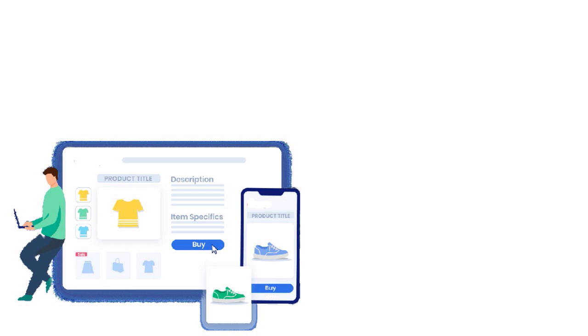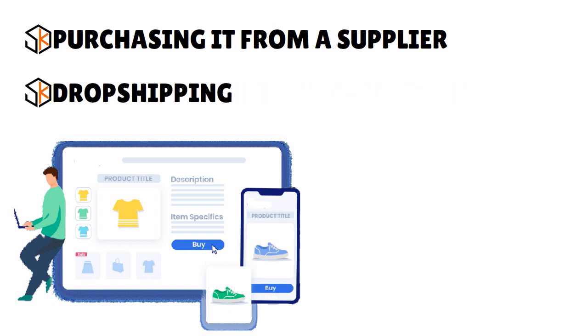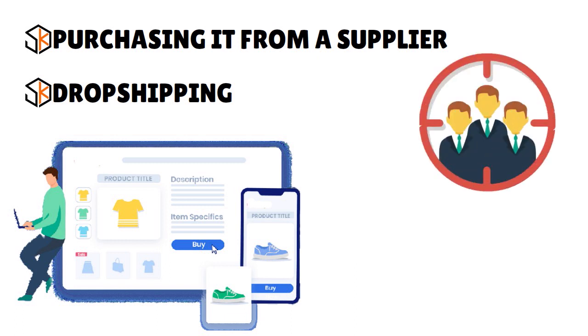So there are two main options available when it comes to sourcing stock. First of all, you can purchase things from a supplier, store them and resell them, or you can try drop shipping. A lot of folks love drop shipping because they think, you know what, I don't have to worry about warehousing, I don't have to worry about shipping, I don't have to worry about sourcing stock and everything. So you need to really pay attention to what kind of target audience you are dealing with, and what kind of solution you are bringing to the market.